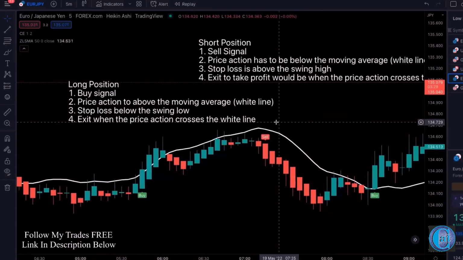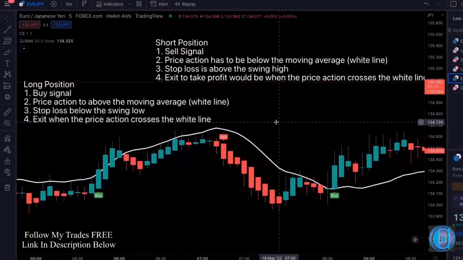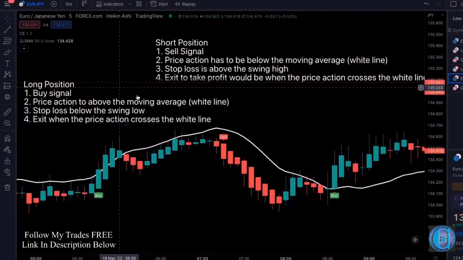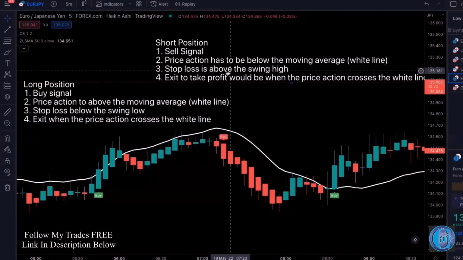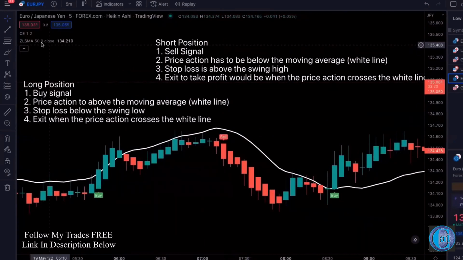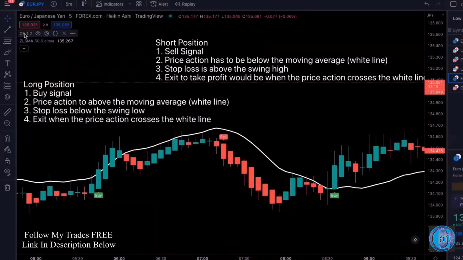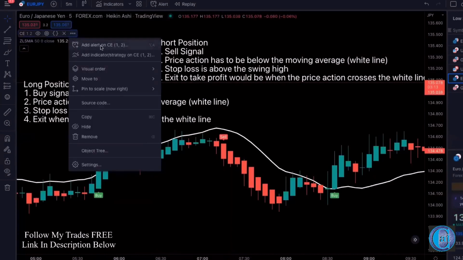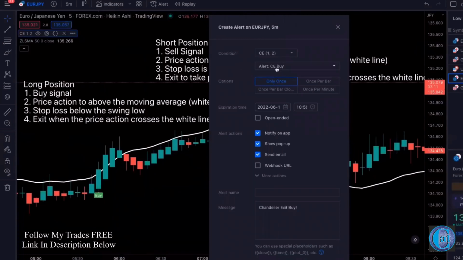Let me show you guys how you can set up your trade alerts. To set up your buy sell signals where you get alerted from the chart, you're going to go into the settings for the CE, click on these three dots right here, click add alert on CE. And over here, you're going to do buy once per bar close. So once a bar closes, that's when you're going to get notified. It says Chandelier Exit buy. Once you create that,